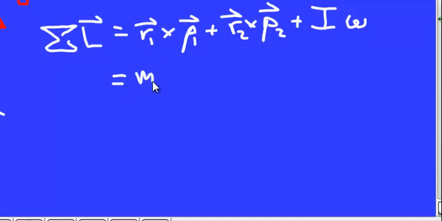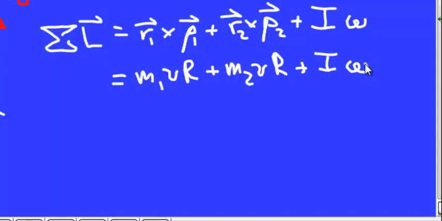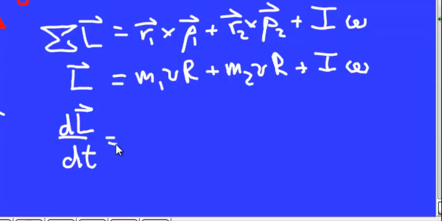So this is going to be m1 vr, right? m2 vr, right? Because they're moving at the same speed, plus I omega. So now we have an expression for the total angular momentum, right, and the total torque. Now, what we need to do to the right expression is take its derivative, right? We need to take dL/dt, okay, and then we'll be able to set the net torque equal to this